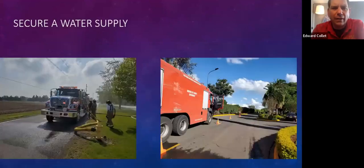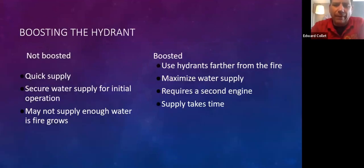And monitoring our tank levels, and then securing our water supply, either from a hydrant, if those are available, or from a water tender, once a water tender arrives. Now, one thing I have found with the water tenders having smaller pumps, sometimes you will actually have to hook 2 water tenders up if you're doing a high flow firefight to be able to supply the pump